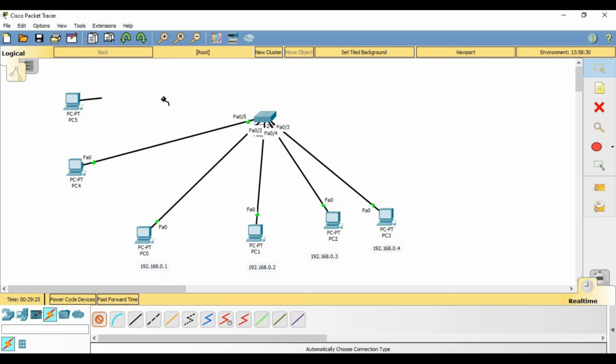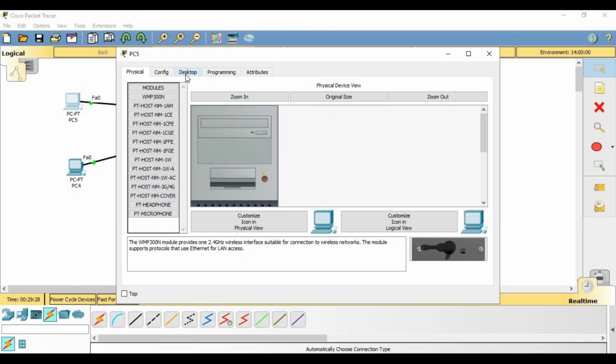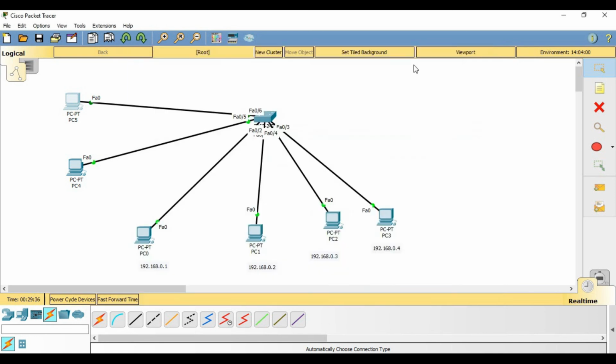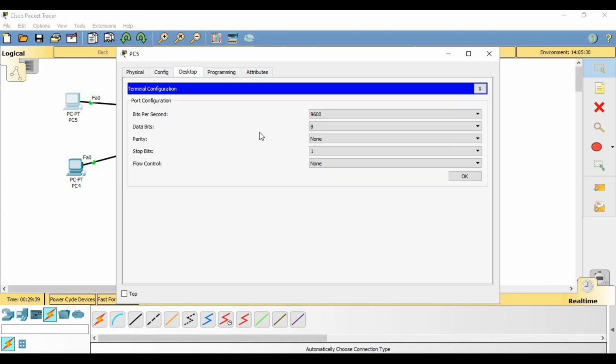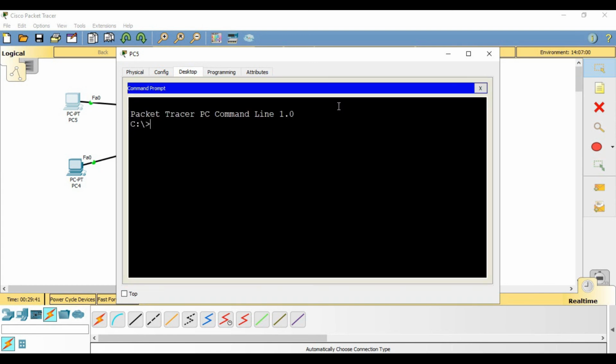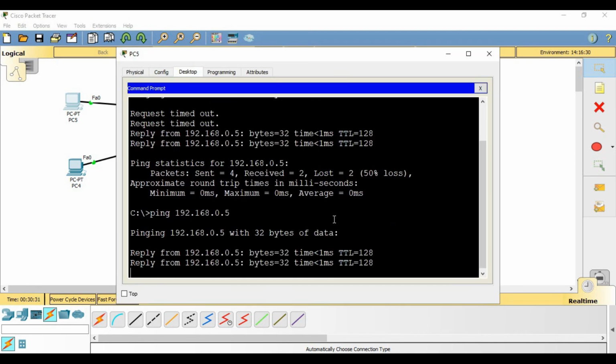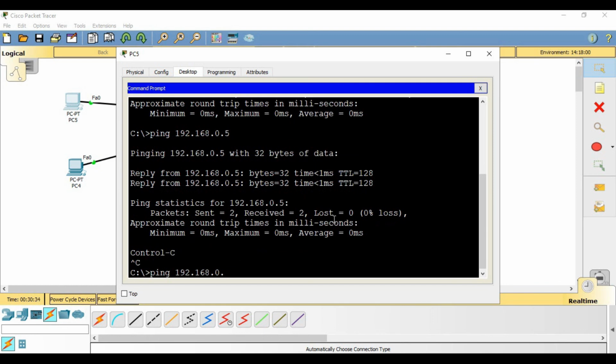If I connect another PC and put it in the same VLAN, 0.6, it's pinging, but it won't ping any other devices.